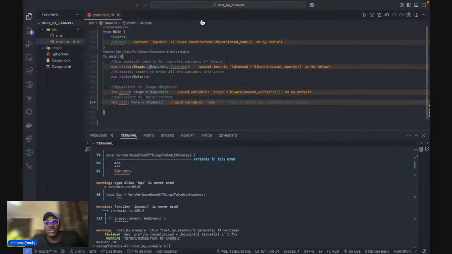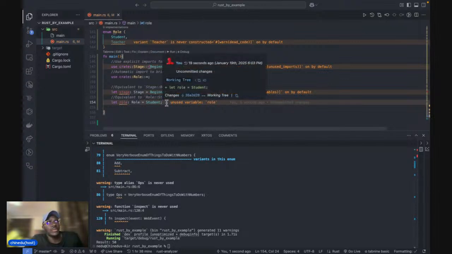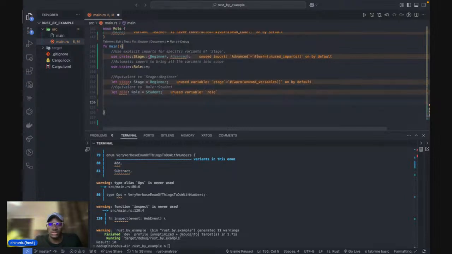So another thing we can do is match on the stage enum to provide specific behaviors, right? We can use pattern matching to provide specific behaviors for each of the enums, or each of the stages. What I mean by this is we can just create our match. So our match, and here we pass the stage,